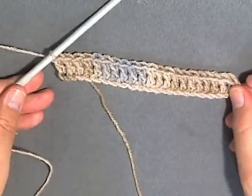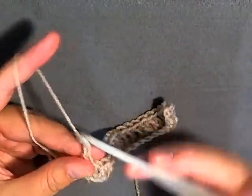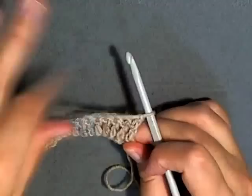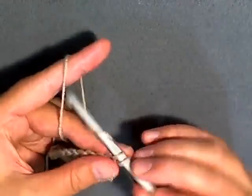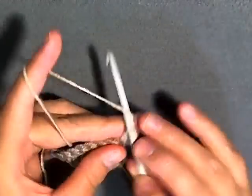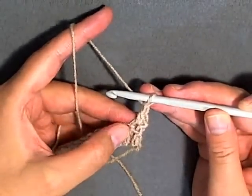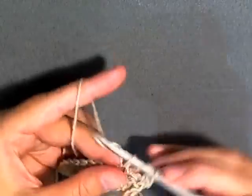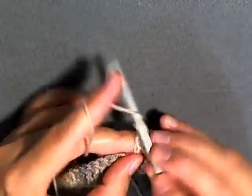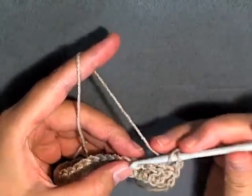Okay, just got my first row done. Now I'm going to chain 1 and turn my work, and I want to single crochet into the first stitch, and then chain 1. Then you want to skip a stitch, and then in the next stitch do a double crochet, and then chain 1. And then again you want to skip a stitch, go into the next and do a double crochet